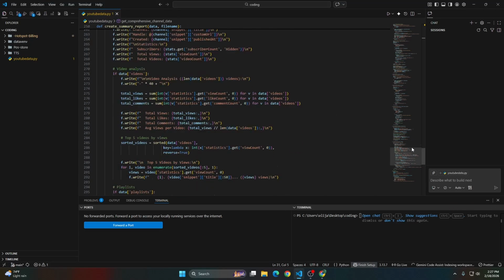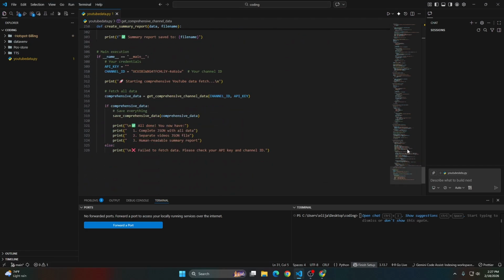Just scroll this script to the bottom here. I didn't use an environment file, so it's just plug and play. Paste your API key here: API underscore key is equal to your API key, and also your channel ID. Go to your YouTube Studio, copy your channel ID and paste it here. Once you have that configured,